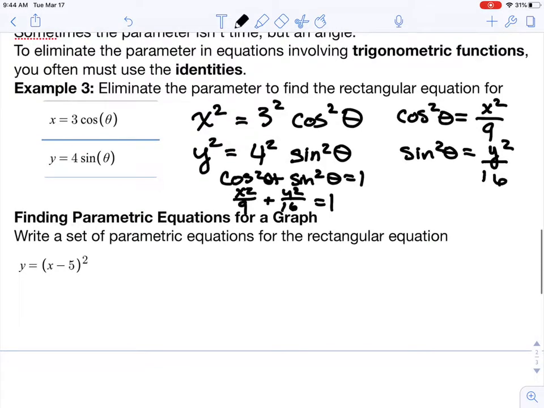All right, and our last one is making up a set of equations for the parametrics, to go from rectangular to parametric. So the only one I'm not allowing is x equals t. Please don't do that. I don't think that would be very good. So we want